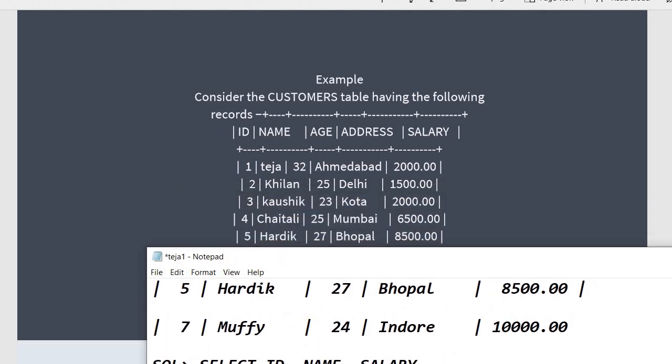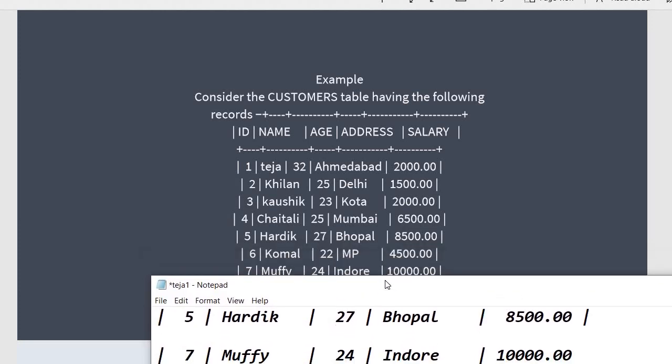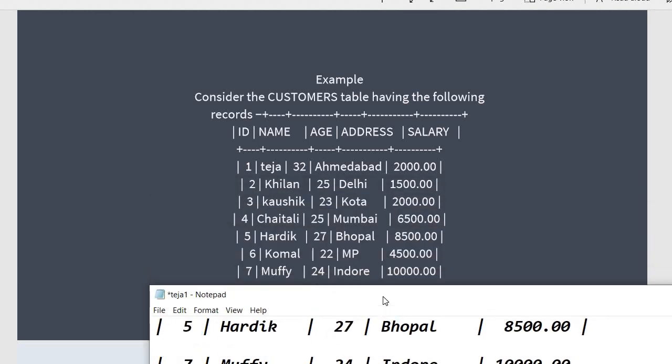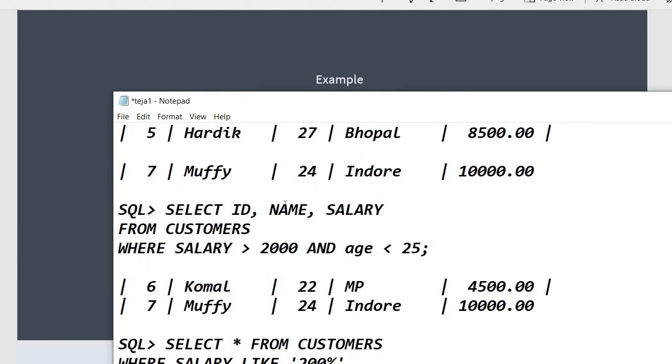Just look here. Greater than 2000 is 6500, 8500, 4500 and 10,000. Then age is less than 25. The age less than 25 is only one, Komal, right? Komal and Muffy have the same thing, so that will be displayed here. See, now you can see Komal and Muffy are displayed here.